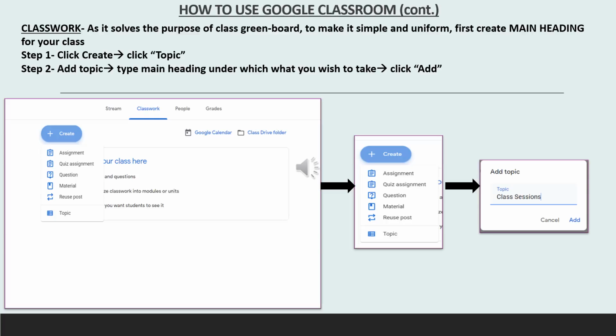Third, I've taken homework or worksheet, in which I will send them worksheets for homework, or I'll be giving them questions, or I'll be sending them files which they can view and they can do the homework either through pen paper, or they can send me any document by attaching it. And fourth, I have created revision, wherein I keep on putting the material I wish them to revise.